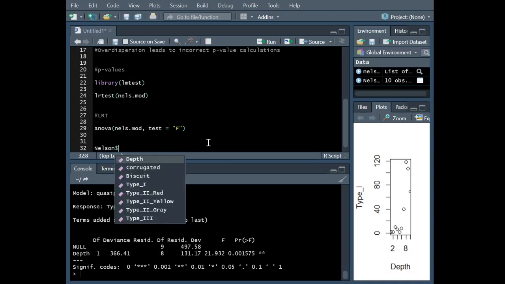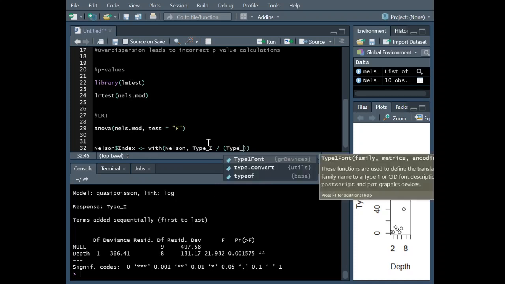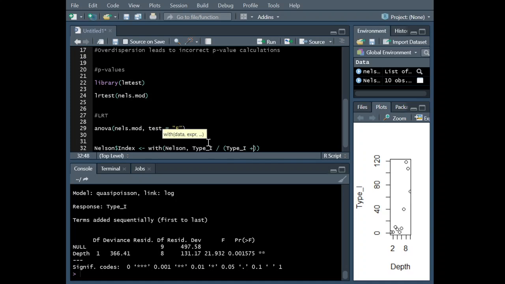Let's test that out. I want to create an index value, because there's a way that we can do this with a binomial distribution as well, because just like Poisson distributions, you can have a quasi-binomial distribution. And so with the Nelson data, let's take the type 1 pottery counts, and let's run a little bit of a calculation here. Let's take type 1 pottery counts divided by the sum of type 1 and type 2 red